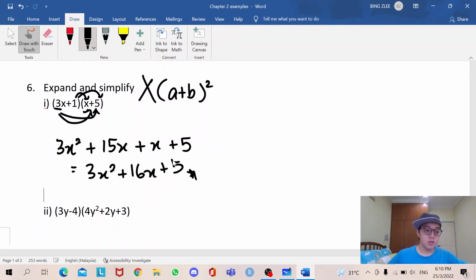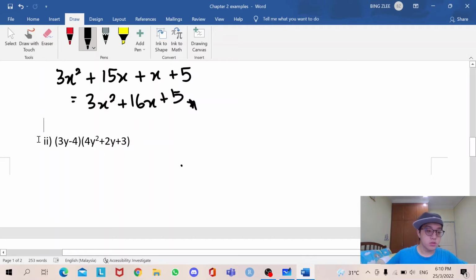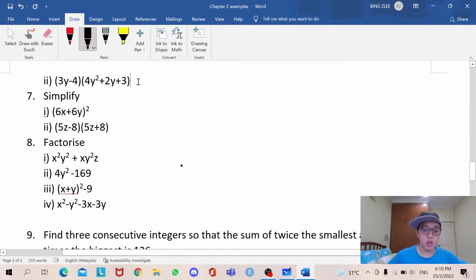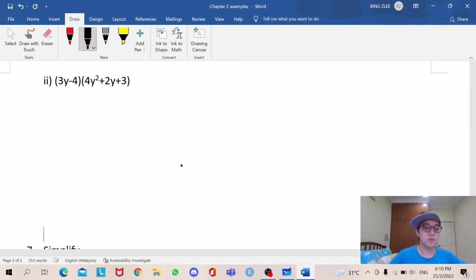Okay? And let's move on to the second part where we need to expand this also, but this looks a lot more complicated as compared to the first one. Right? Because there are 2 terms and 3 terms, so we need to multiply in every single one of them. The first one here is